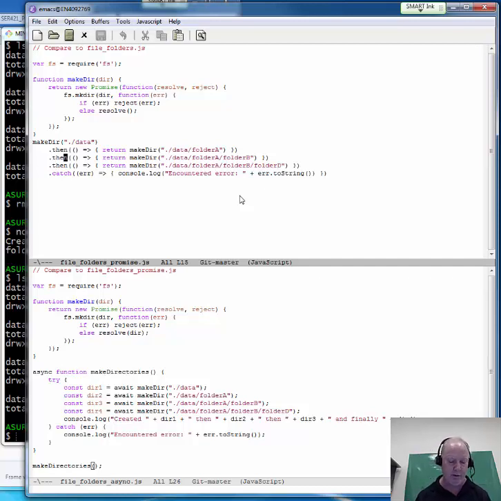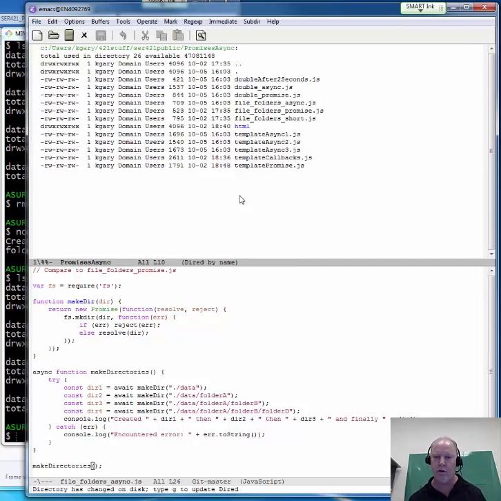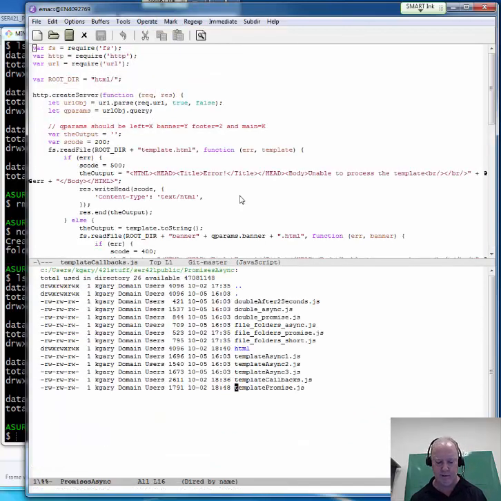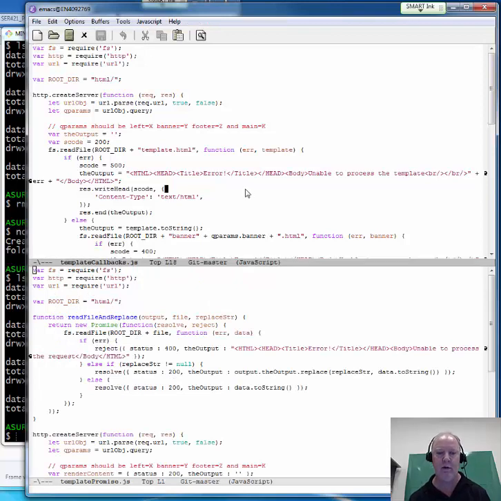Now, if you do remember, though, we did have a longer example that dealt with our template approach, right? We had this template callbacks approach, and we had the template promise version of this, where we were trying to take the